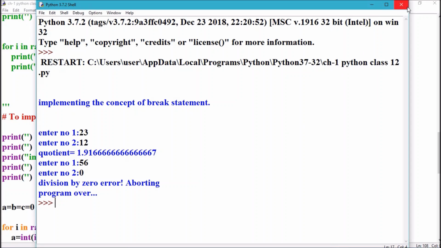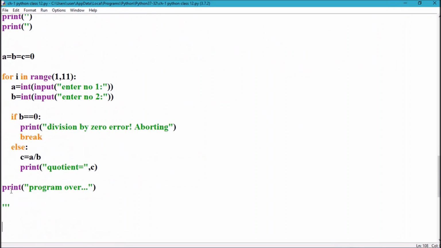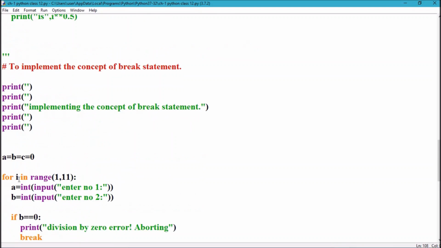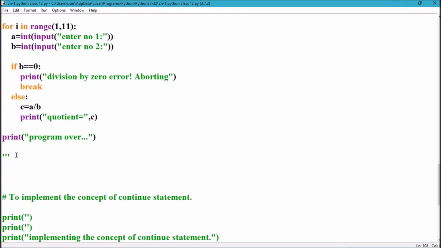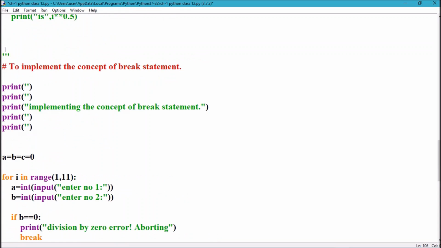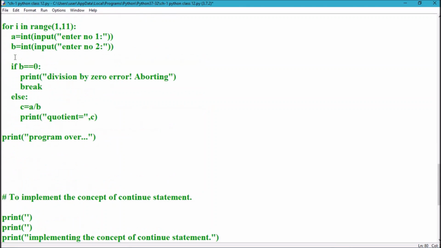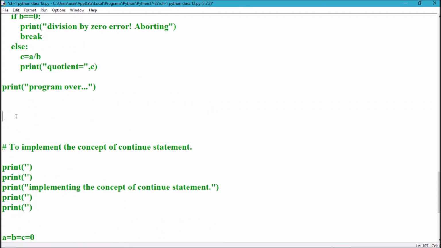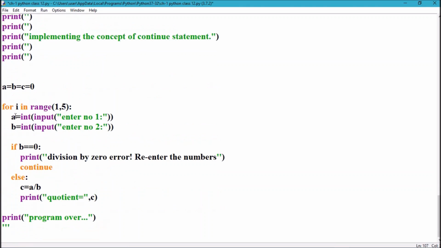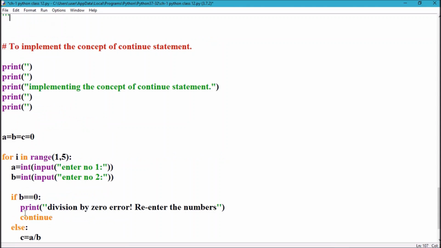Okay, so let us move to our next concept. The last concept of today's lecture is the continue statement.